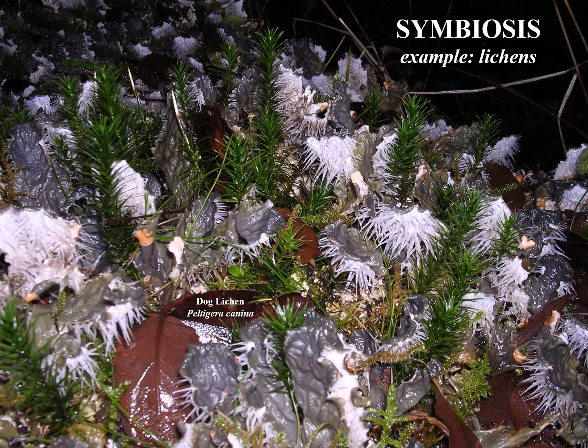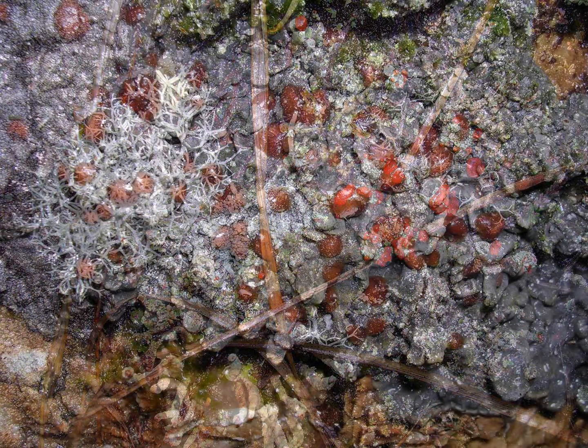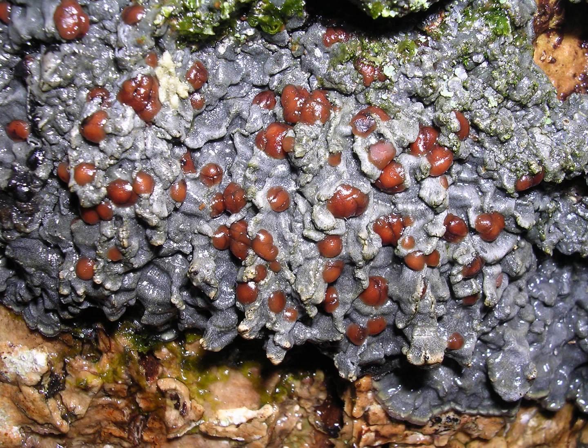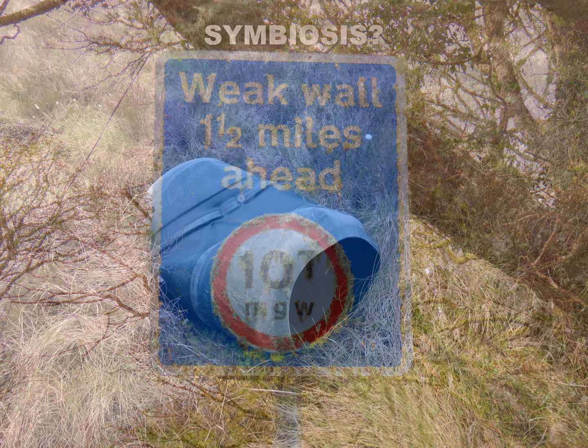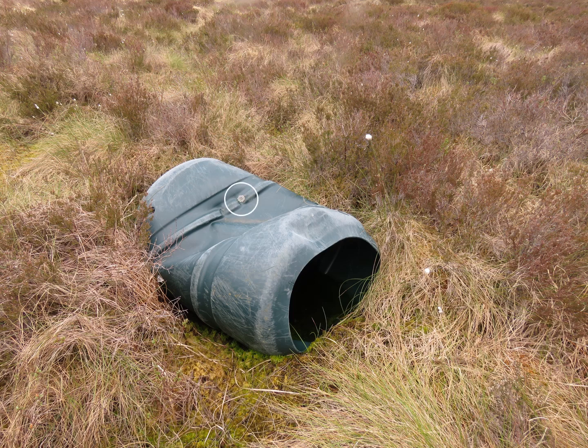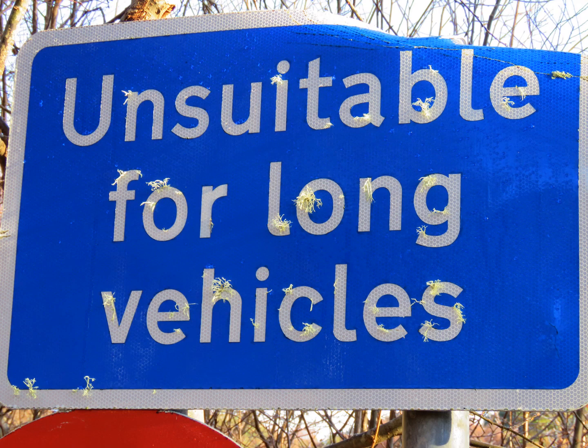What is symbiosis? Briefly, symbiosis consists of two or more organisms living together with at least one of them gaining some benefit. Thanks to symbiosis, some fungi can grow on the most unlikely substrates if they collaborate with another organism, in this case a cyanobacterium, which can manufacture and share carbohydrate which the fungus, in this form known as a lichen, is unable to obtain unaided. The fungus provides somewhere for its partner to live, as well as being able to gather nutrients to share, supplies of which on a road sign are likely to be scarce, but nonetheless just sufficient.